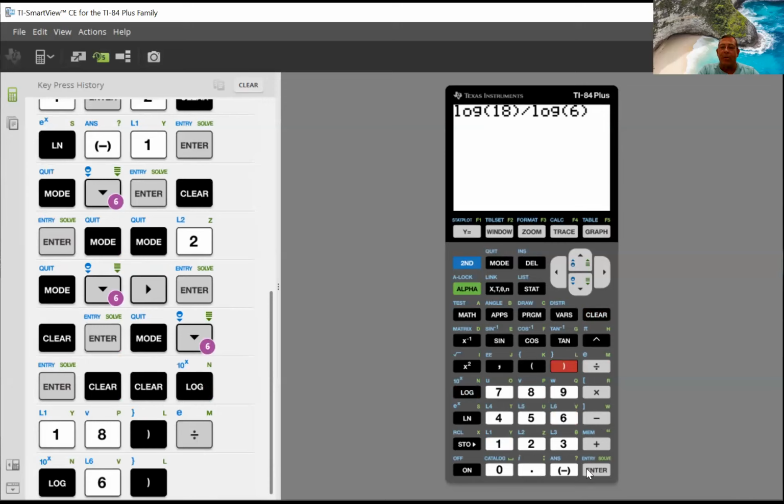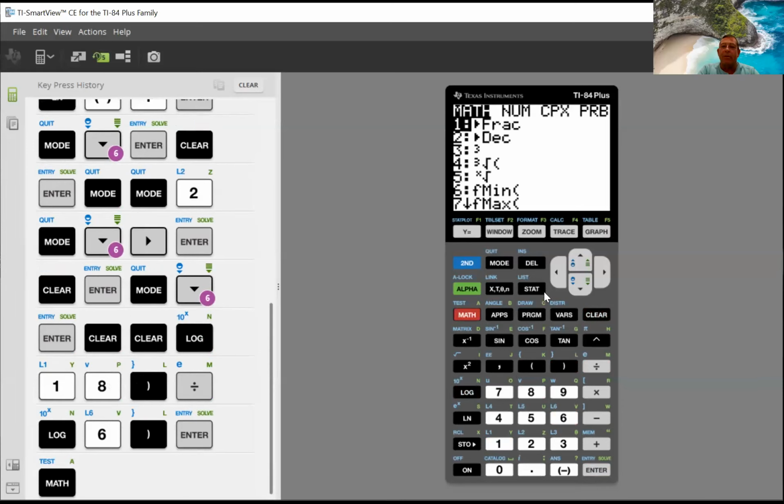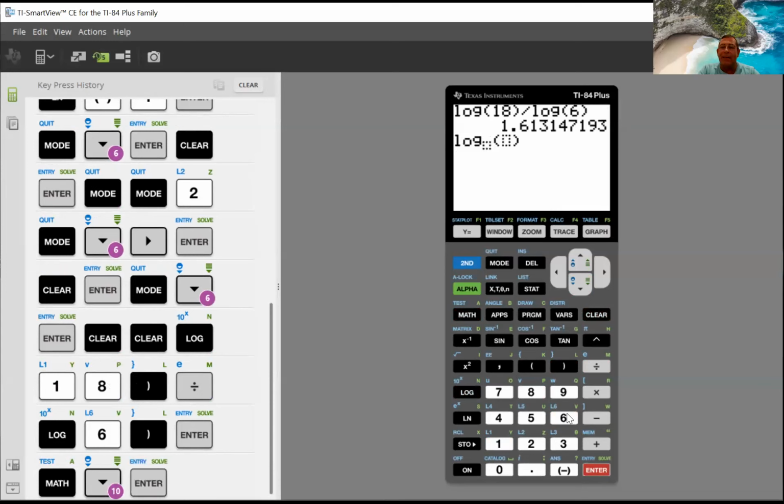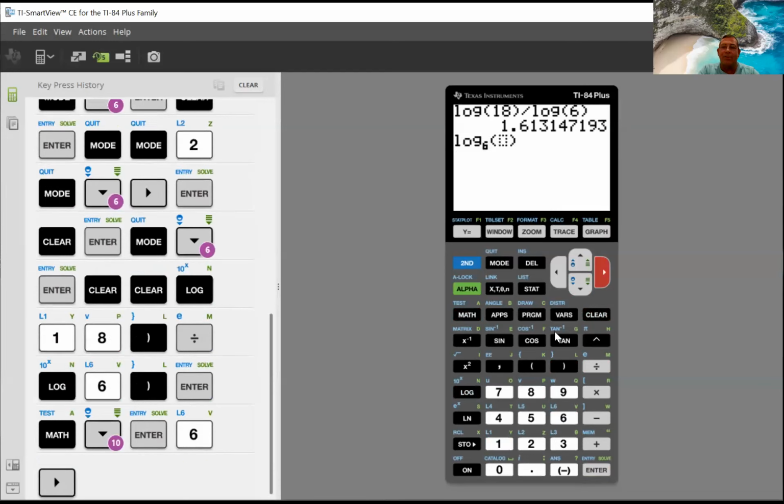Now notice what I get on that, 1.6131 or so. Now watch if I use my log base. So log base down here, I'm punching in a 6, and then my result was the 18. I'm still going to get